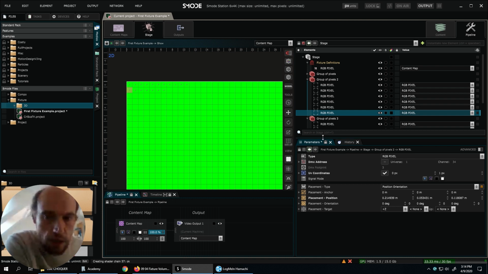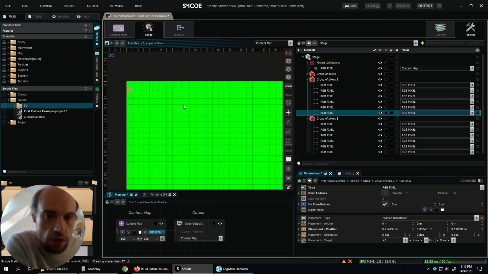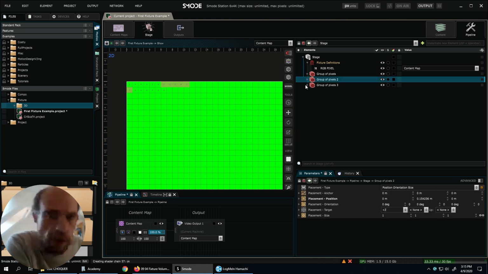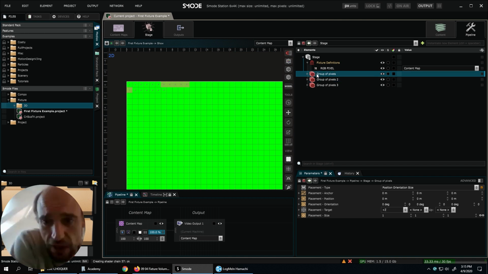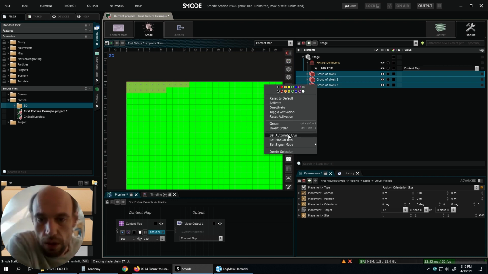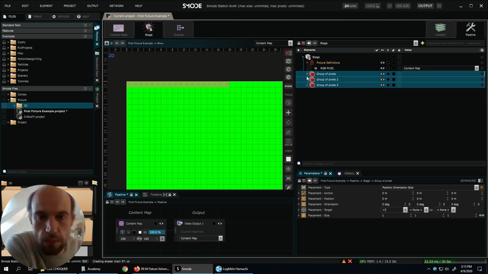So you basically have two ways of working in order to link the fixtures to coordinates in the content map. Either you let it automatic, because you will see that thanks to the camera mapping techniques and the volume layer techniques we will see later today, we don't actually really care about the precise locations in the content map. But if you care about the precise locations of the content map, you can also put them manually. So there are some shortcuts in order to switch a whole bunch of fixtures from automatic to manual. So now I'm just going back to automatic, the default setting.